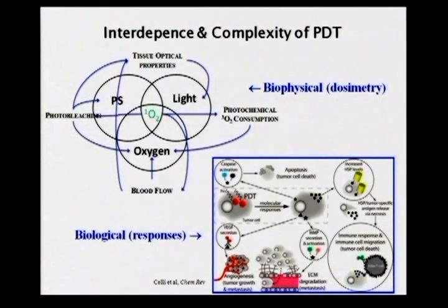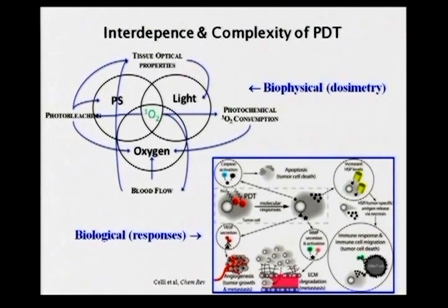Because there's light, sensitizer, and oxygen, these are three different parameters that come together to produce singlet oxygen. But you have to realize that these are not independent. These three parameters of light, drug, and oxygen are not independent. So, for example, the light plus the oxygen bleaches the drug. The light plus the drug deplete the oxygen. If there's a lot of photosensitizer, you attenuate the light. So these are all interdependent